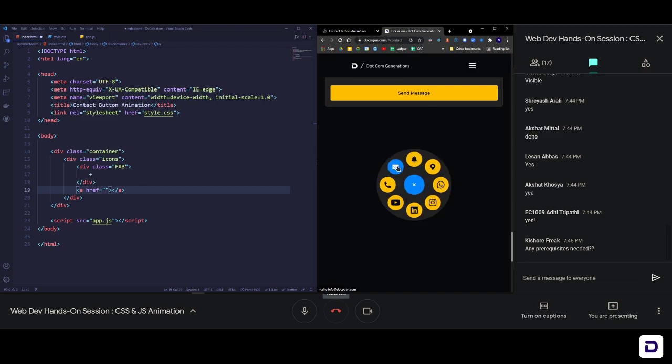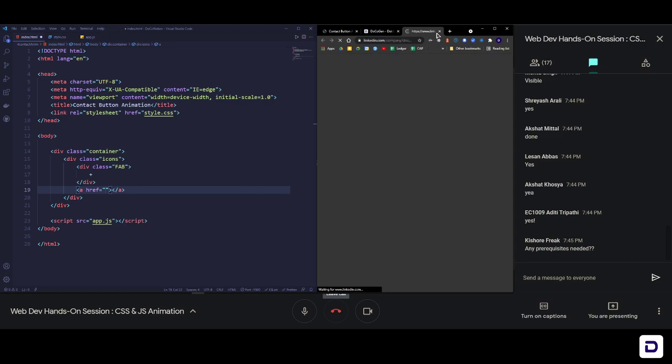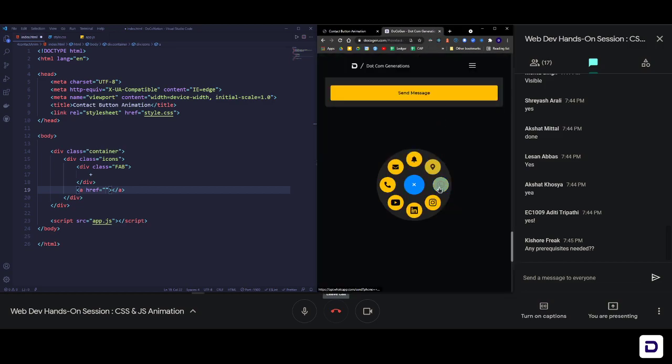Okay, this is going to move towards calling, this is going to move towards the YouTube channel, this is going to take me to the LinkedIn profile. If I click on it, you can see that a new tab opens. So all of these small buttons here are actually links. That is why we need to create them as an a tag. A is basically a link. Okay, so let's go ahead and do it.